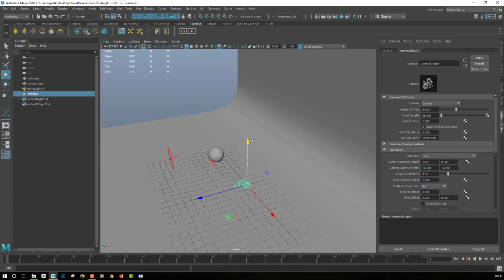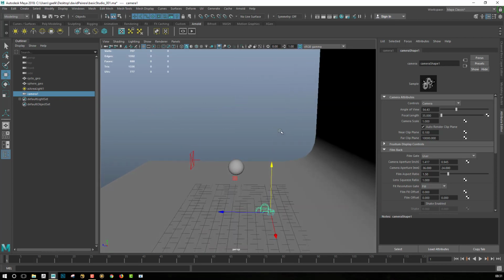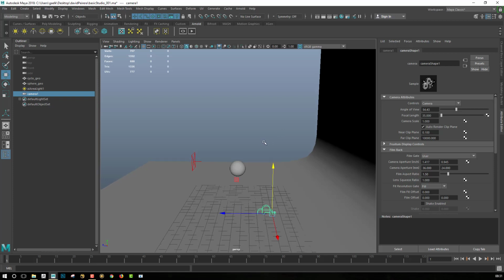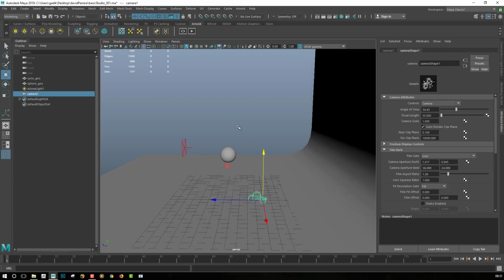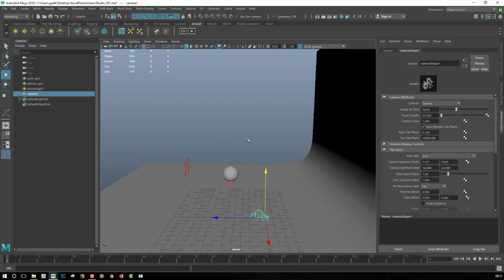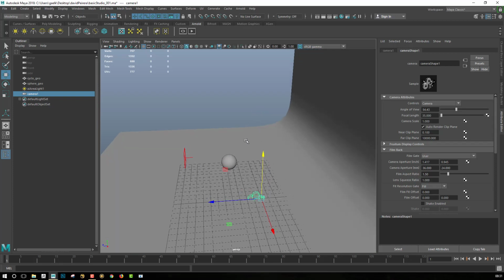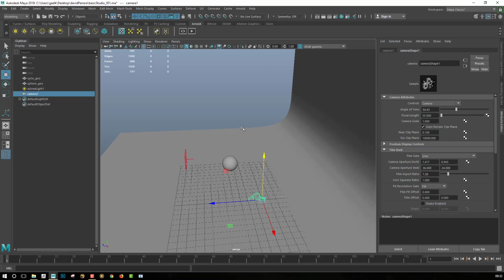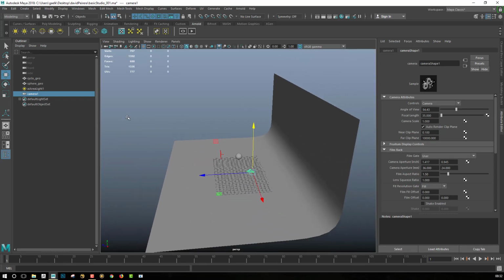I just wanted to tell you that in general we are trying to play with a scale 1 scene directly in Maya. I will show you this probably in a later video when I speak about displacement, because with displacement we want to have the correct real world scale directly in Maya, and then we'll be able to export our displacement from ZBrush and plug it in our 3D packages in order to render it and recover all the details from our model. But for the moment, let's keep to something quite simple.